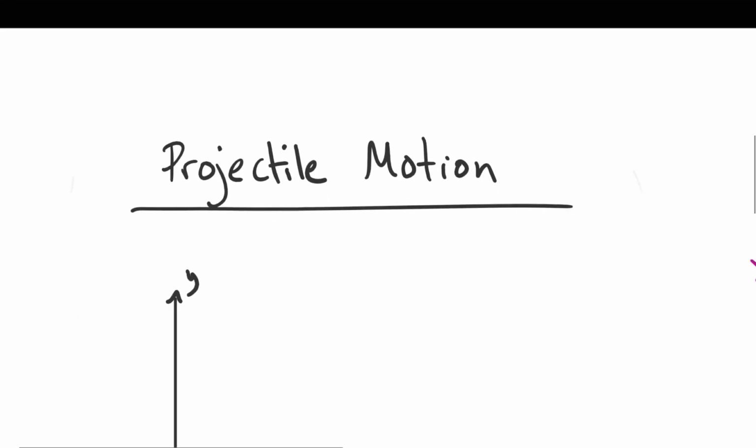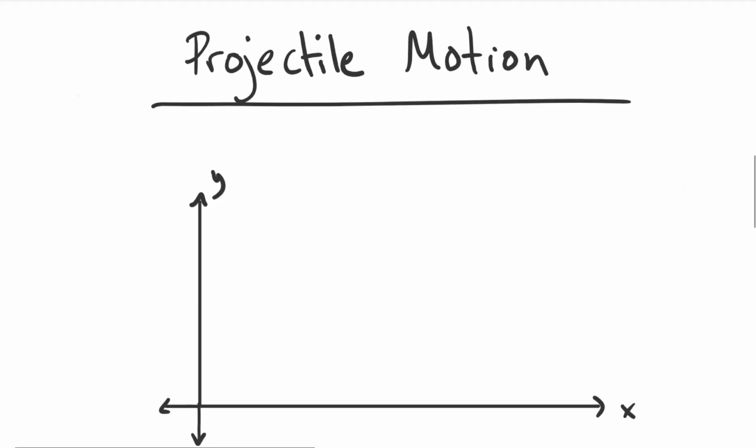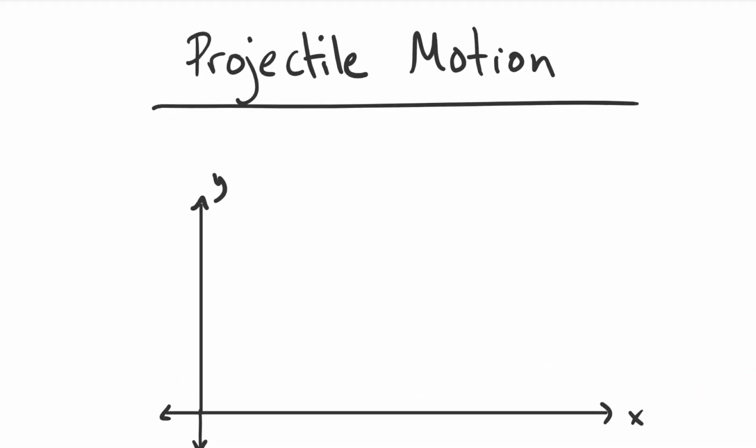So, projectile motion. Let's ignore those formulas there. I have a little XY graph, but notice I just have the positive X's and the positive Y's for this one. Let's think of everything as non-negative, so no negatives at first. And for projectile motion, let me give you some examples.